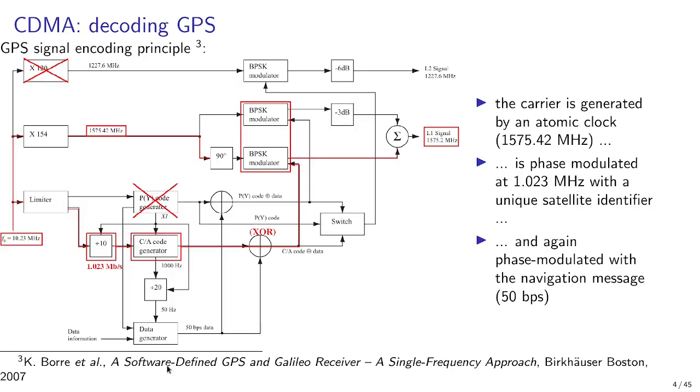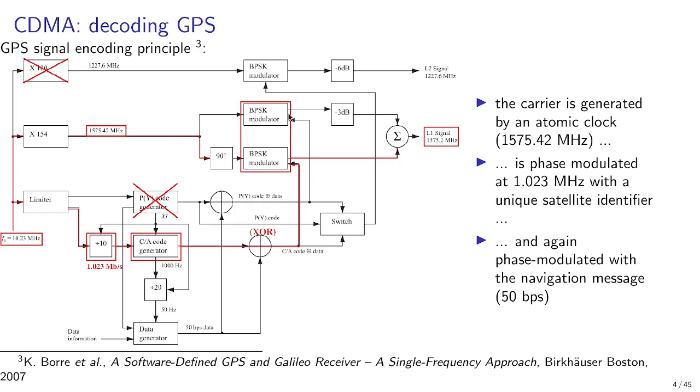When investigating GNSS signals using software-defined radio, the literature identifies Borre's software-defined GPS and Galileo receiver as the reference textbook, and in the beginning of the book we have an outline of the emitter chain. So starting from the 10.23 MHz atomic clock, we see that an integer multiplication generates a carrier. If we do not focus on the military L2 band but only on the L1 civilian band, we see that a 154 times multiplication of the clock leads to the 1575.42 MHz carrier, which feeds the binary phase shift keying BPSK modulator,